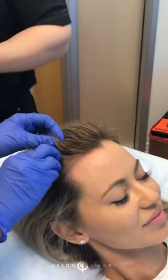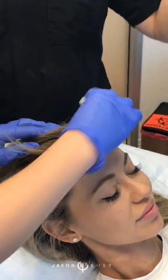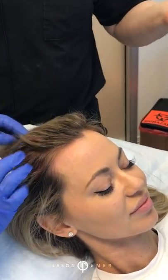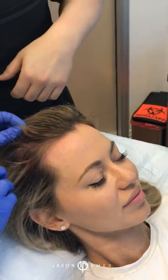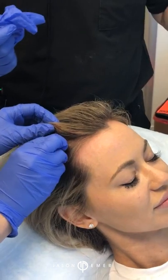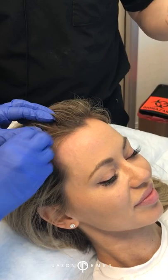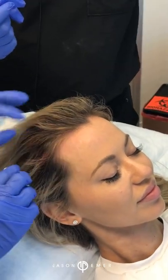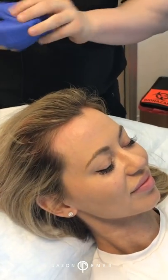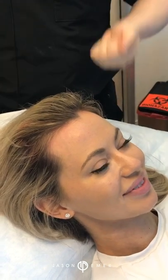But there's ups and downs with hair, just as there is with your life with stress. And in general, if you start to notice more hair shedding, do a few more treatments, and then back off for maintenance every quarter. With the stem cells, I feel like we see much quicker growth, less thinning of the hair, and also less falling of the hair, especially when women are in the shower rubbing and cleaning their hair, less of that fallout that we see. And then overall, we'll do that combination and just do everything we can to prevent it and keep that hair nice and thick and have a nice